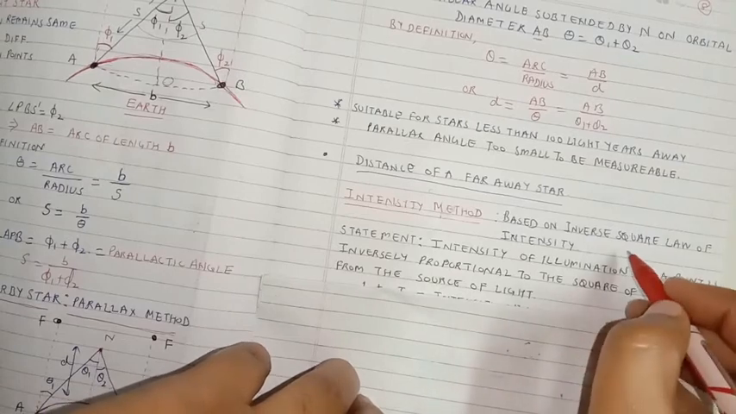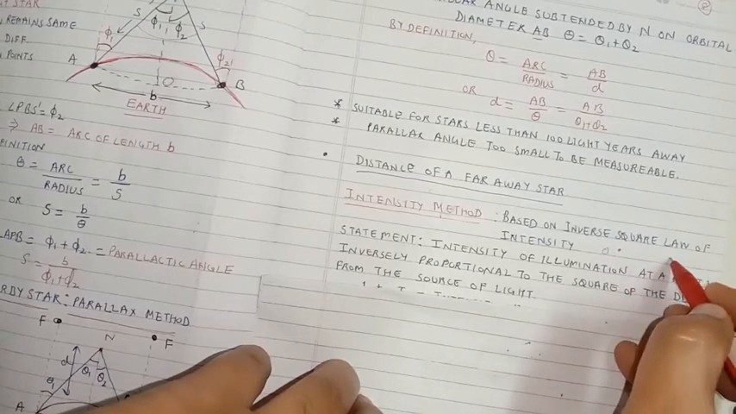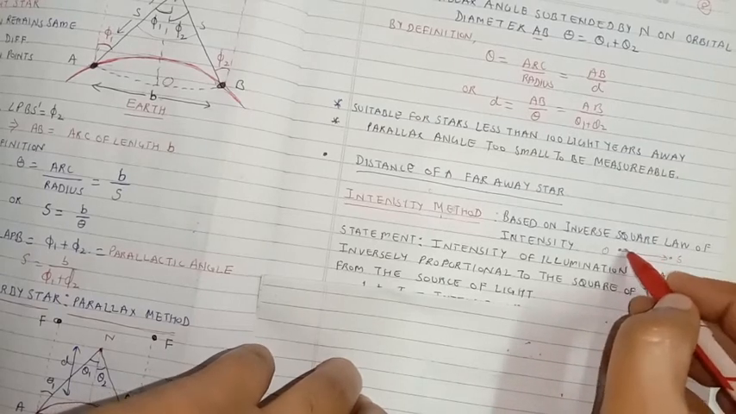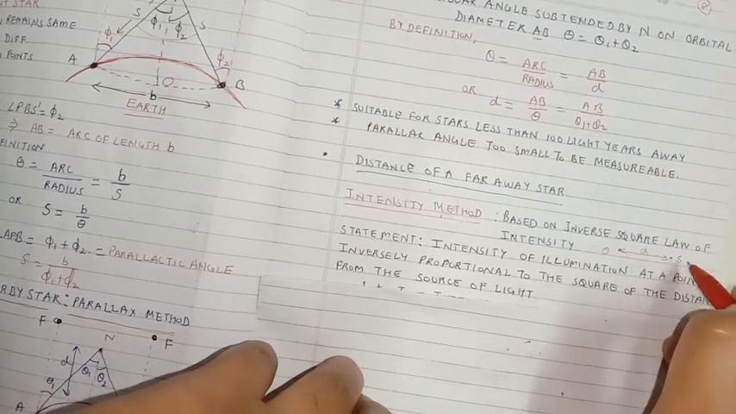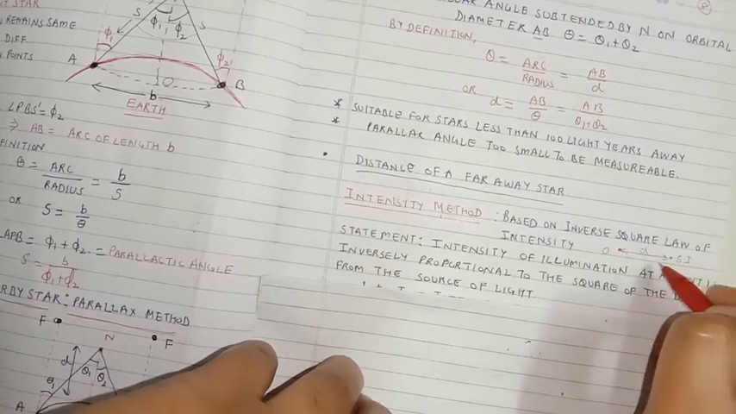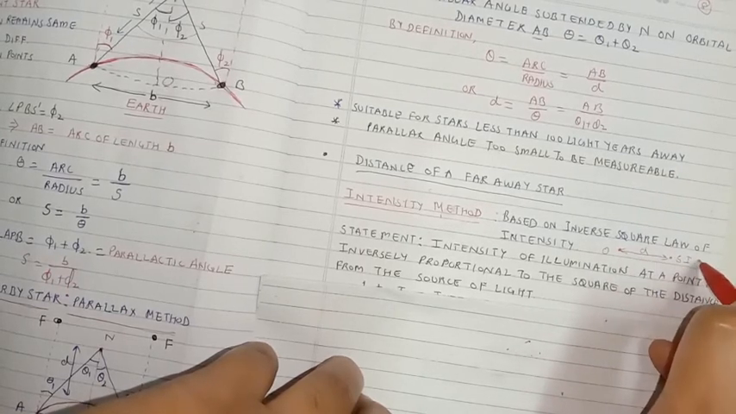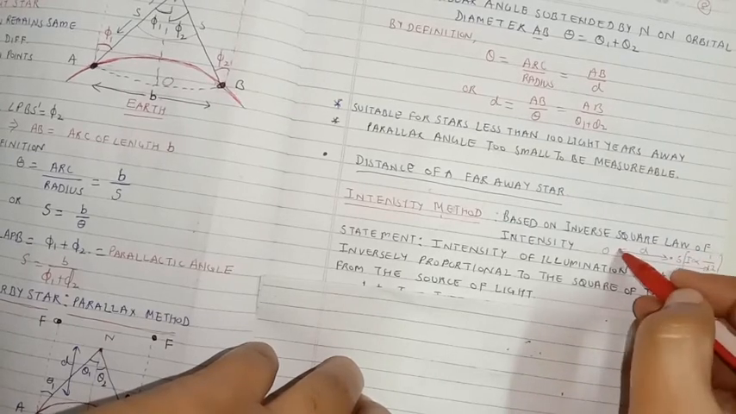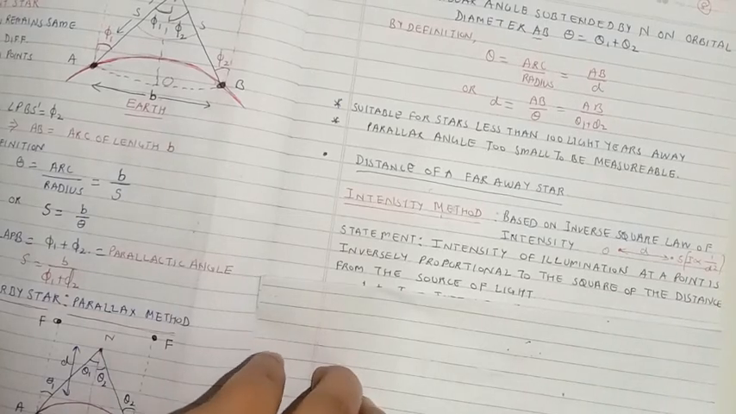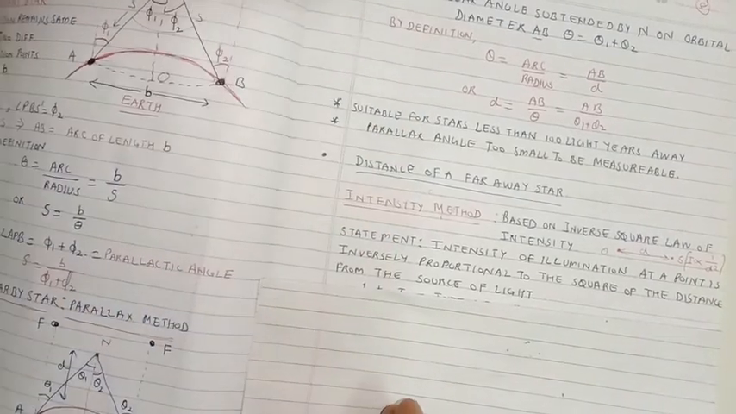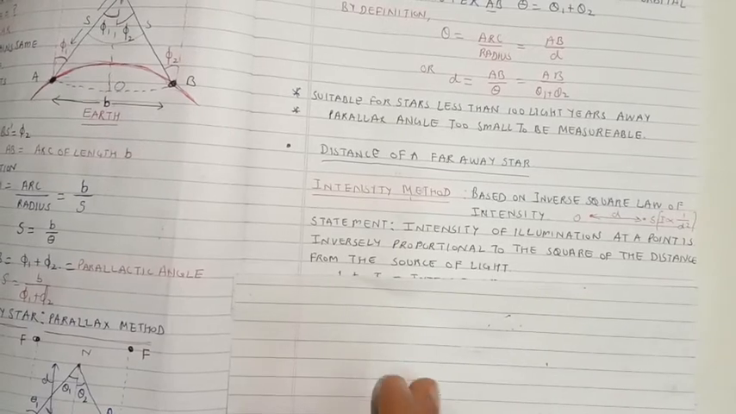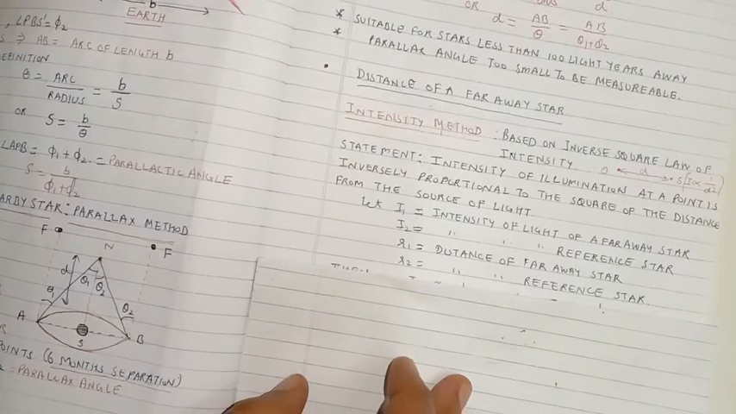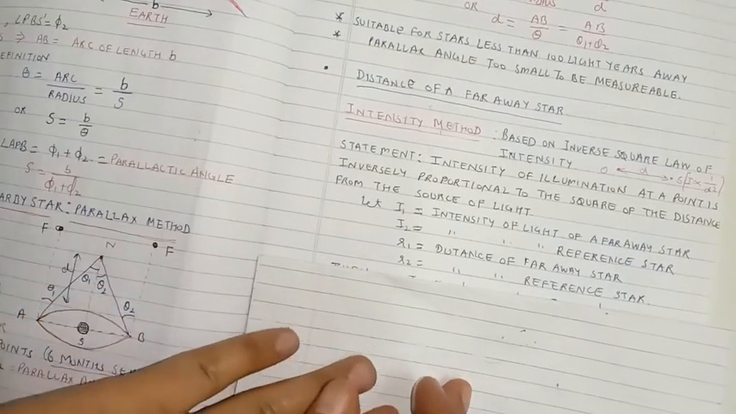That is, if this is the point of observation O, and the light source is present at the point S, and both are separated by a distance, suppose D, then the intensity of light I which will be observed at point O will be inversely proportional to the square of the distance between the observation point and the source. So as the distance increases, the intensity of the light also decreases. So here, in order to measure the distance of a faraway star, what we use,